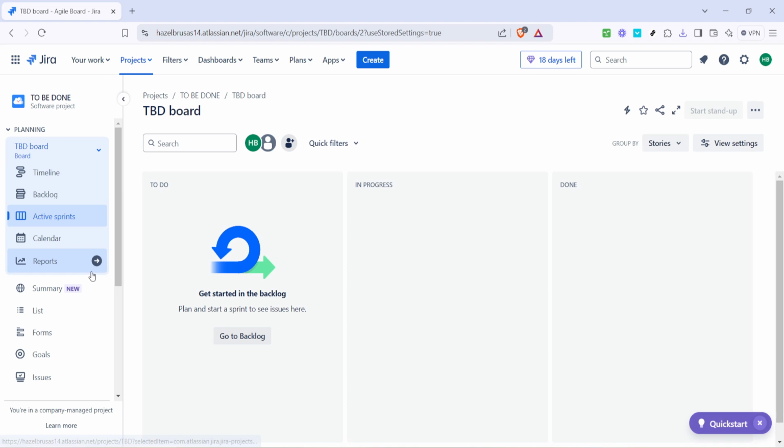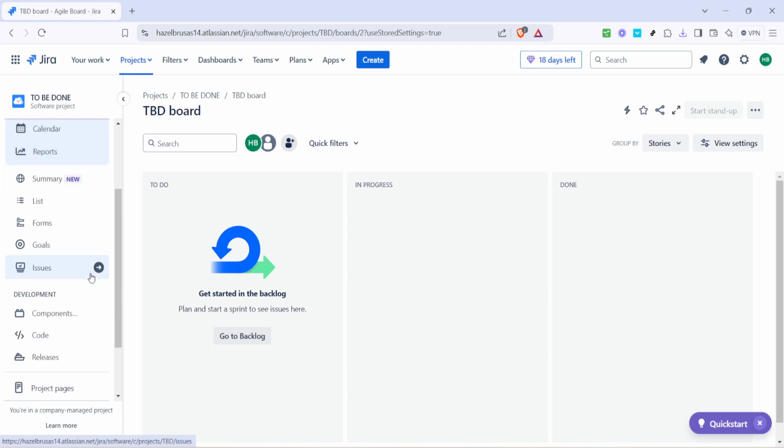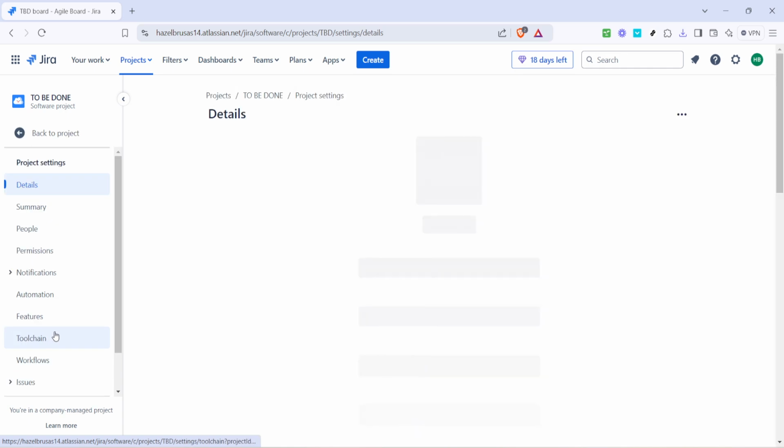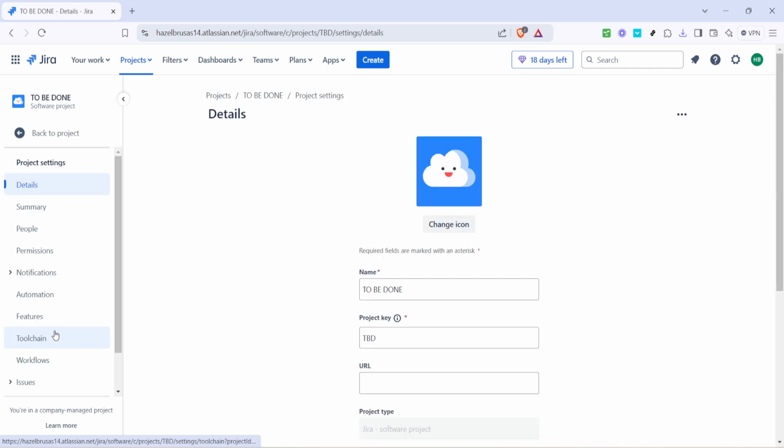Now that you've landed on the right project, your next move is to access the project settings. You can find this option once you select the project. It is located near the project's main interface, typically on the sidebar or in a drop-down menu, depending on your specific Jira setup. Clicking on project settings will open up a range of options that allow you to configure various